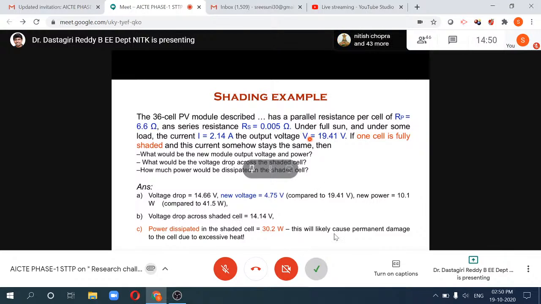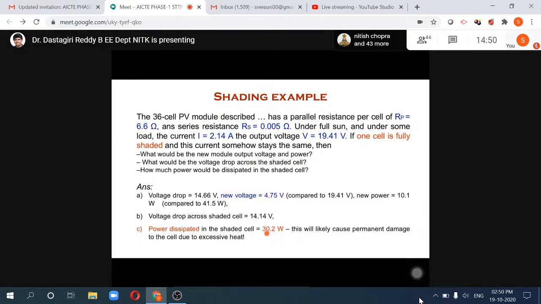Out of 40 watts, 30 watts are dissipated in that damaged or partially shaded cell, and that will eventually damage the entire cell. And once one cell is completely damaged, definitely you may not be able to use that panel anymore. That's the impact of partial shading of one cell when cells are connected in series. Now,